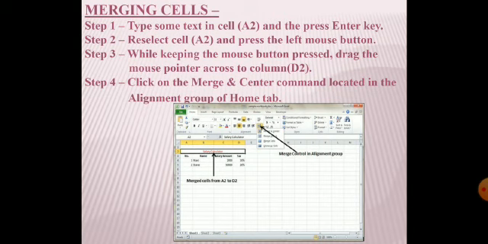Reselect cell A2 and press the left mouse button. The third step is, while keeping the mouse button pressed, drag the mouse pointer across to column D2. Then click on the Merge and Center command located in the Alignment group of the Home tab, which is given in the diagram.